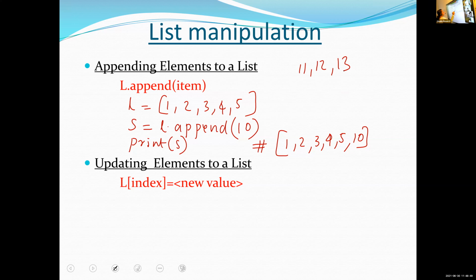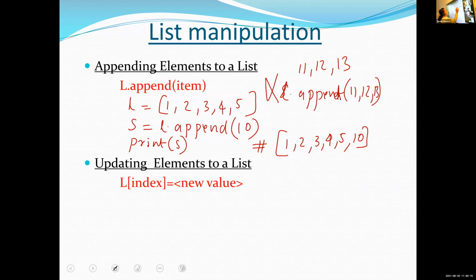We cannot write like this: L dot append 11, 12, 13. It's a wrong statement, because we can add only one item within this append function. Along with this append function, we are using only one argument, so we can write only one value here.